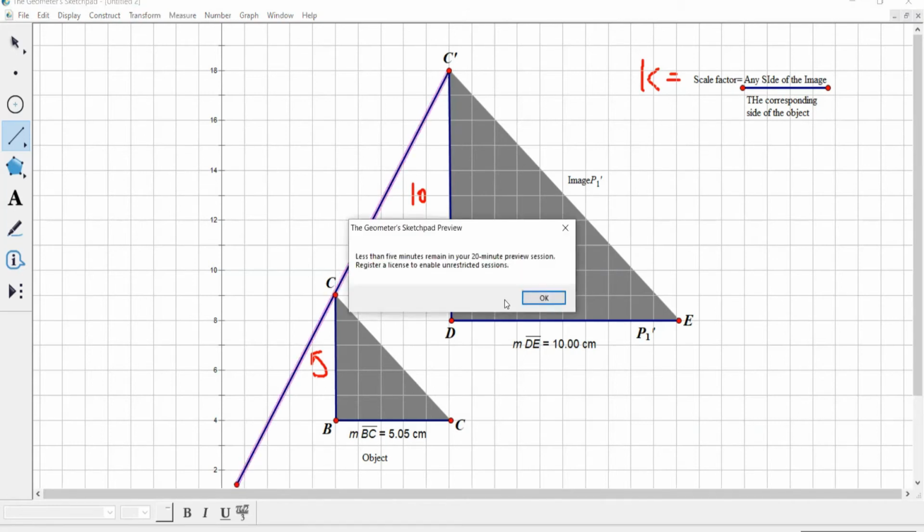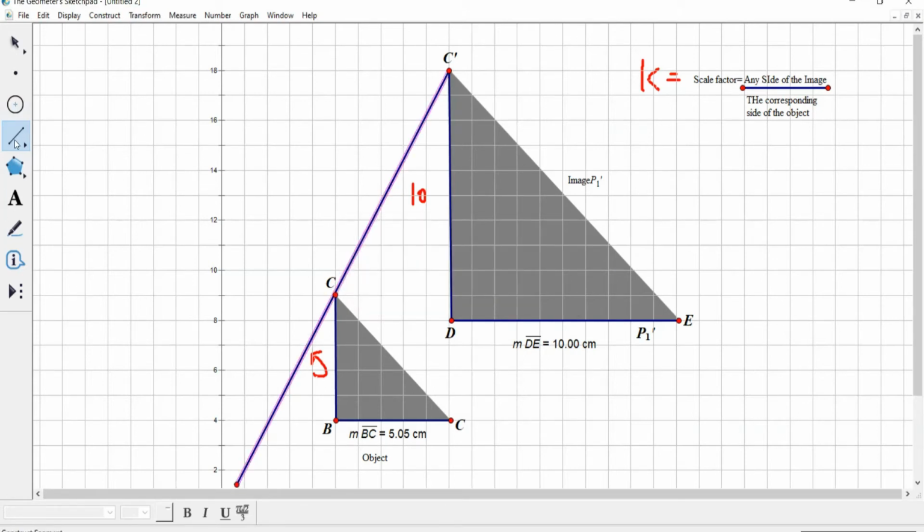Now, if we draw another line passing through this point B and D, where D is the image of B, then likewise, if we draw a line passing through E and C,